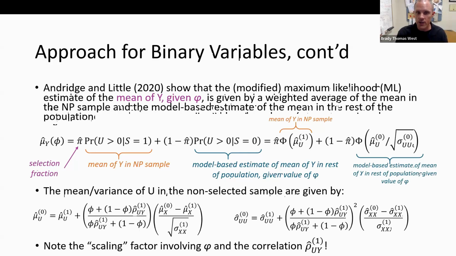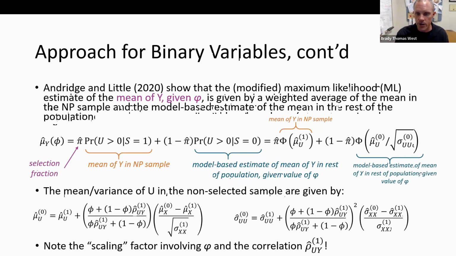And given that we can write the overall mean in this way, based on an estimate according to our pattern mixture model, we can then use that information to turn around and write the difference between the mean of Y in our selected sample and what the true population mean should be. We just convert this formula to the difference between what's in our selected sample and what's in the actual